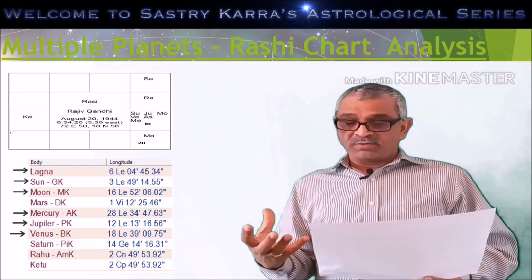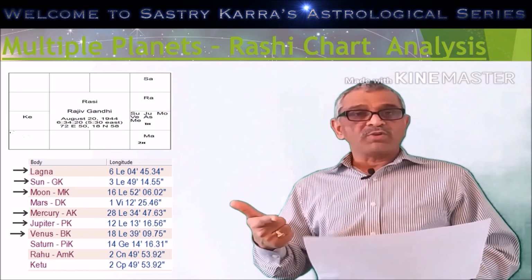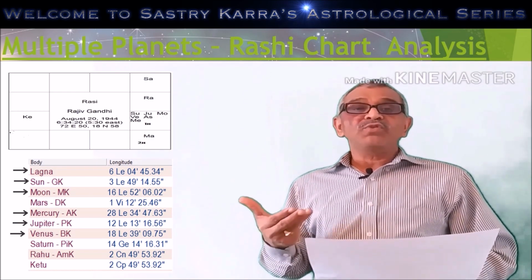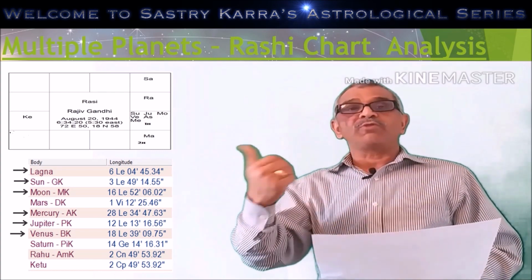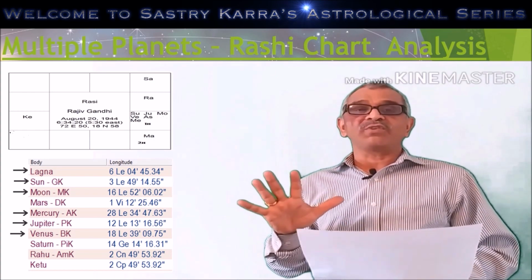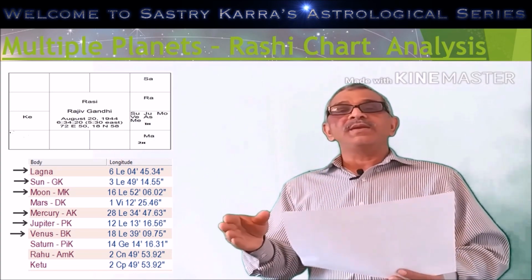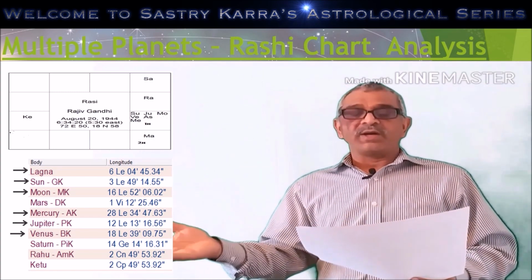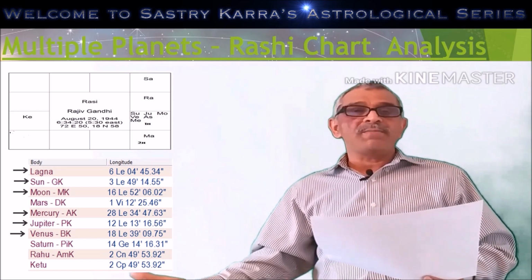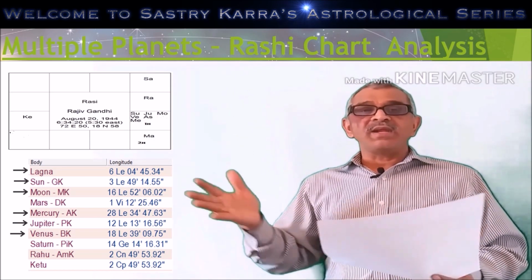So when you look at this, the most important thing that you can see is that Sun is in Rashi, second house lord Mercury is in Rashi, the 8th house lord Jupiter is in the first house, and the most important, Moon, the mind, which is the 12th house lord, is also in the first house. So you have seen 5 important planets in the first house. Had this native Rajiv Gandhi not been a son of Indira Gandhi, or born in a big rich family, his life would have been a complete mess, struggling day in, day out.